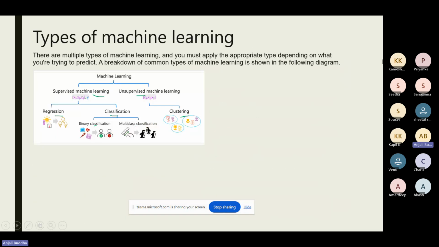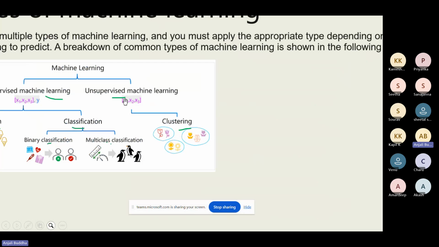Yeah, so here if you can see, in the clustering there are different flowers. What it is going to do is group the different flowers based on the petal patterns and the number of petals they have. It has grouped them into different groups.